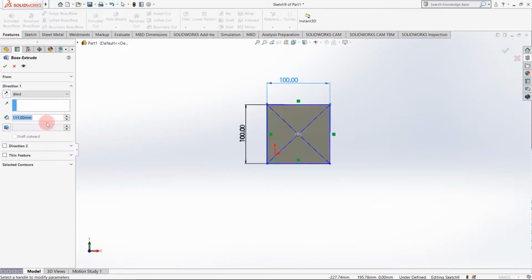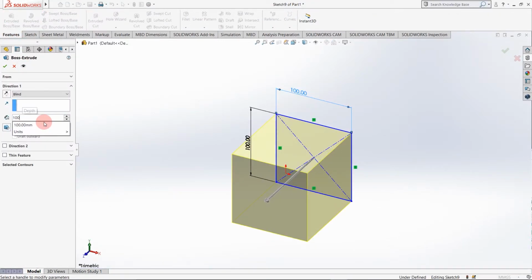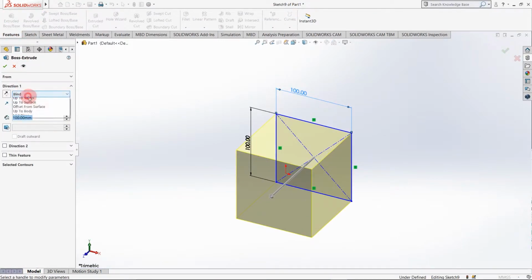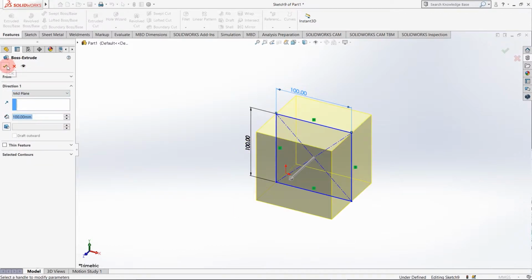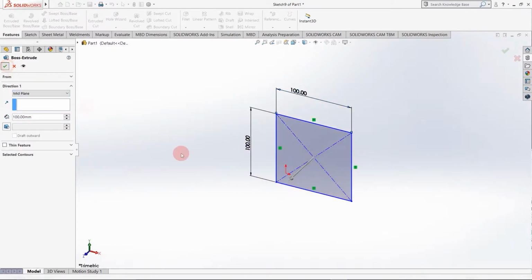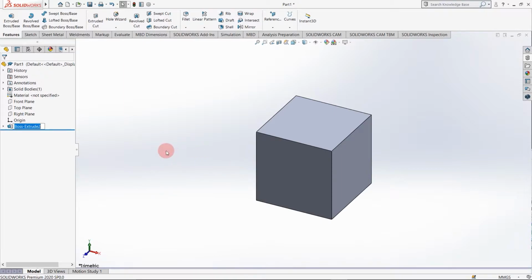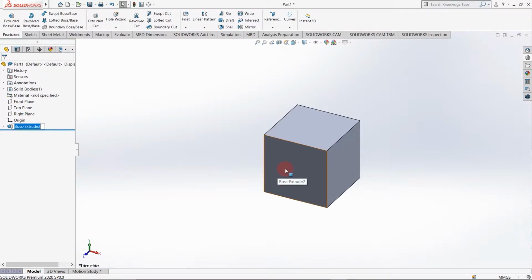Now I am extruding it for 100 mm, mid plane. Okay. Say I want an extruded cut, meaning I want a hole on this surface. By using extruded cut I can create that.